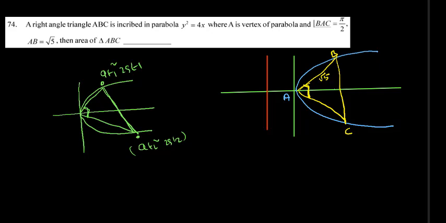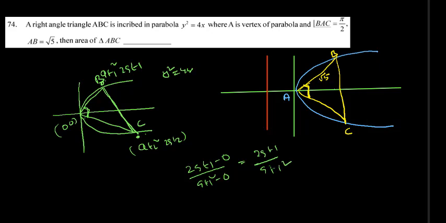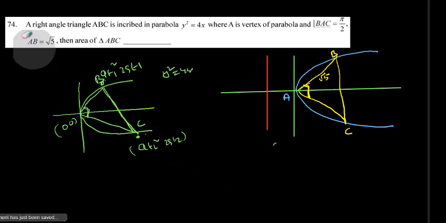In our problem, your parabola y square equal to 4x, vertex 0 comma 0. Here let this be taken as B and this as C. This is taken as, for example, O. So these two line segments are perpendicular. So the slope of OB and the slope of OC, the product should be equal to minus 1. First of all, I want to find the slope of OB, that is (2t1 minus 0) by (t1 square minus 0), that is equal to 2 by t1. So the slope of OB is 2 by t1.